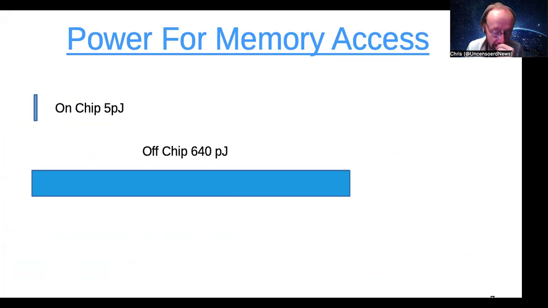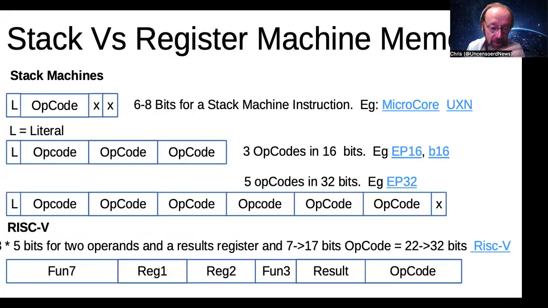So in order to minimize the energy consumed, you really want to minimize the size of the memory, and stack machines do that for you. So let's compare stack versus register machine instructions for an ALU operation. On the bottom row, we have a RISC-V 32-bit instruction, 32 registers. To specify one register takes 5 bits. To specify the two operand registers takes a total of 10 bits. Destination register is another 5 bits. That gives you 15 bits for the instruction,